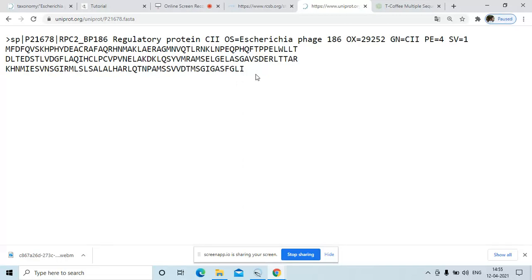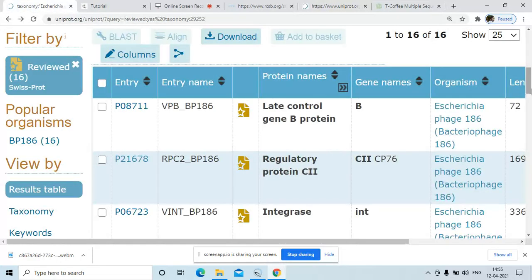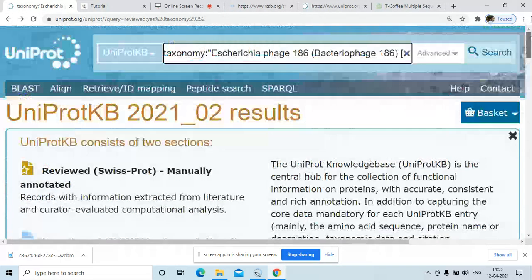For that we need to run BLASTP, protein BLAST, for this query sequence. It does not have a structure, so we will do that through the UniProt knowledge base. Let us go to uniprot.org. Yes, we have retrieved this sequence. Now we want to open the BLAST home page.